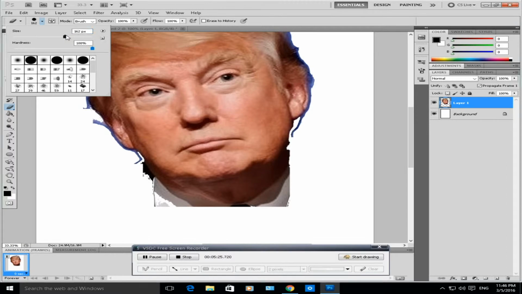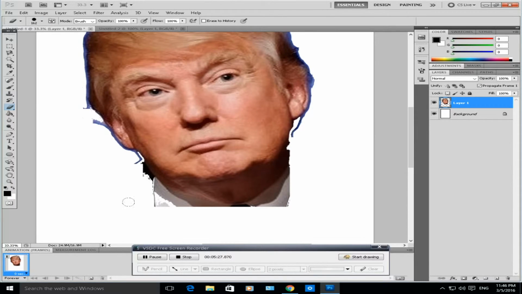So I'm just going to have it a tad bit bigger, and just click enter on the keyboard once I'm happy with the size or the diameter of my brush. Now it's bigger. Now I'm going to spend a few minutes getting rid of the background, or as long as you want. Don't worry if you go over a bit of the skin, it's only